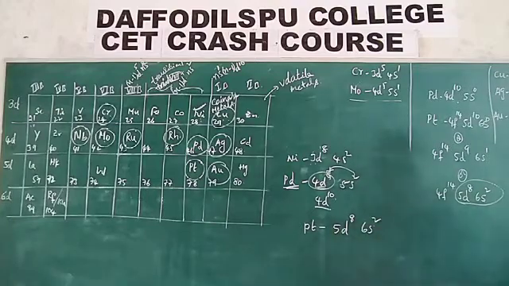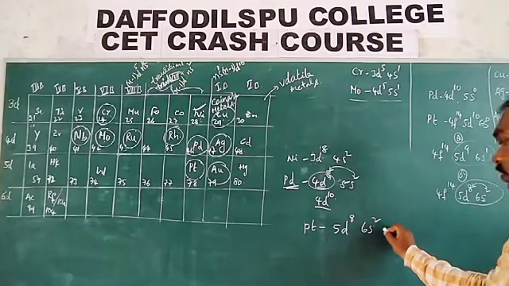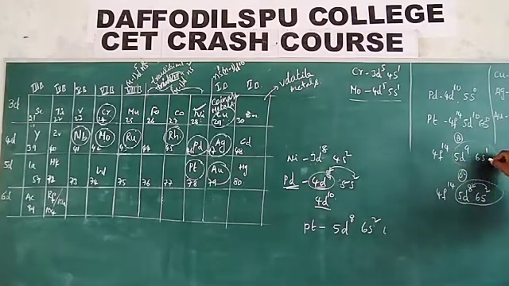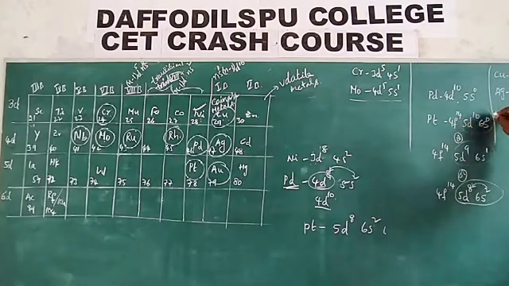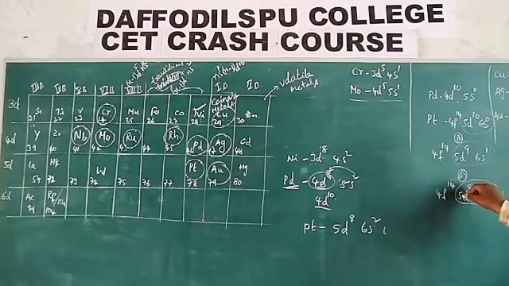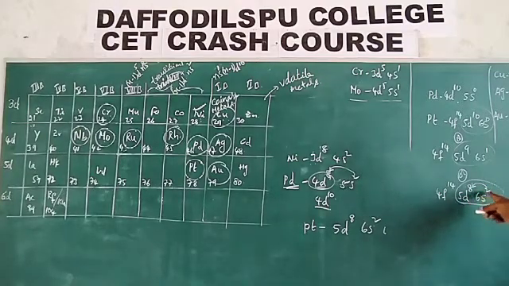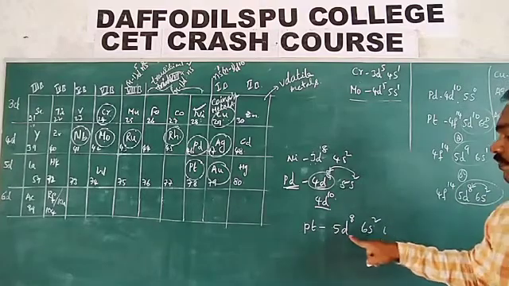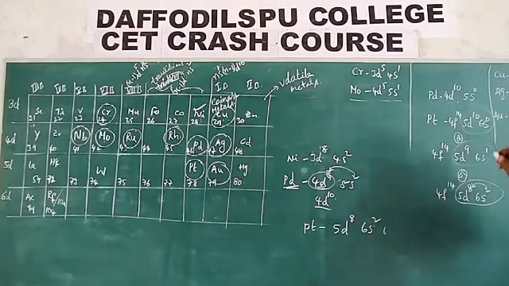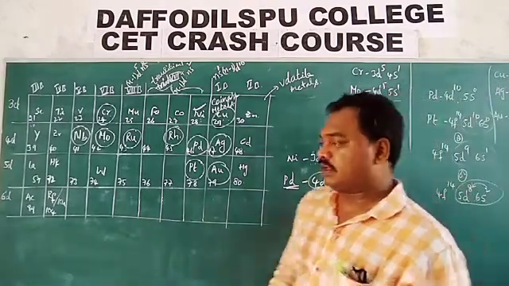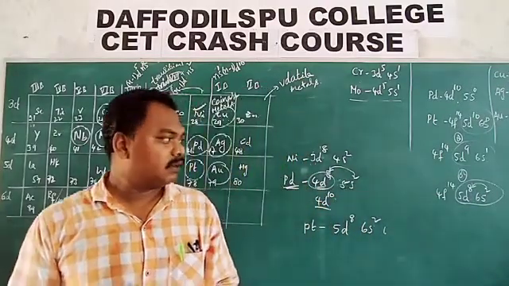The other one is this: only one electron will jump into the d orbital. You shift one electron, so this becomes 5d9, 6s1. Again, the most popular electronic configuration is 5d10, 6s0, meaning the two electrons jump into the 5d orbital. So when two electrons jump into the 5d orbital, it becomes 5d10, 6s0. So this is the electronic configuration of platinum.